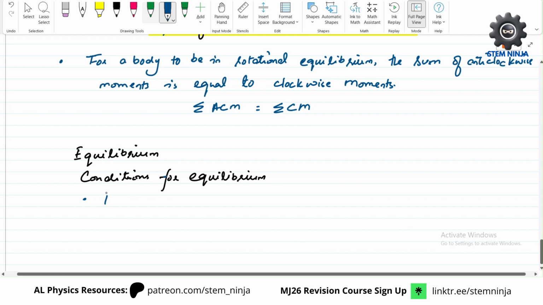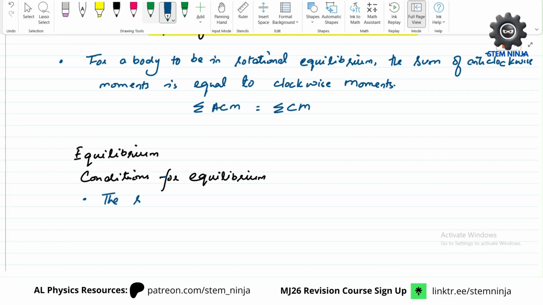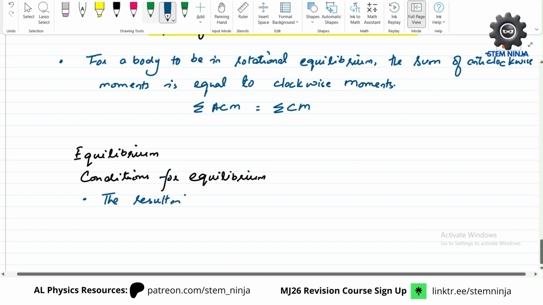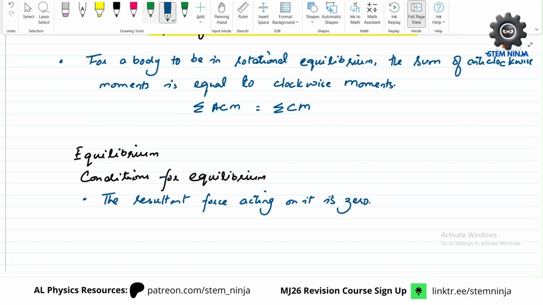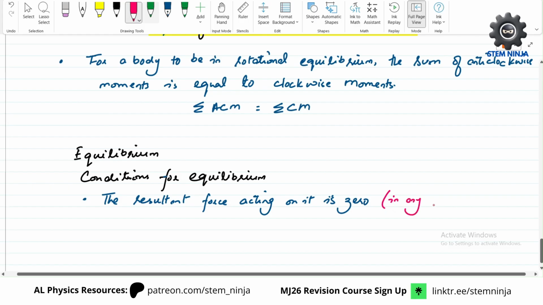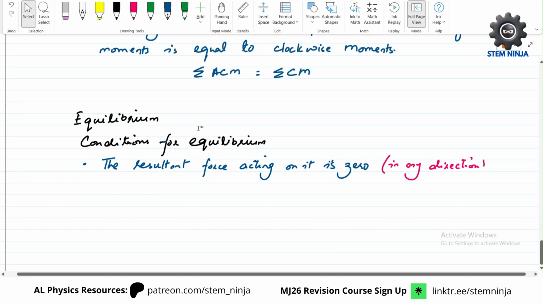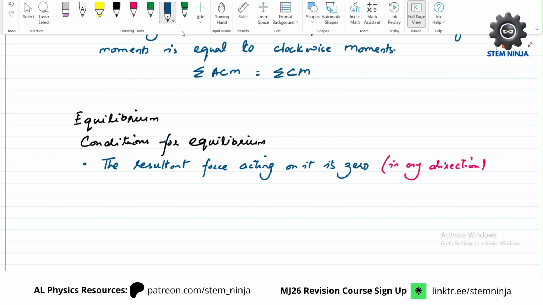That for an object to be in equilibrium, the resultant force acting on it should be zero, in any direction, basically in any direction. Although the resultant force covers it already, but just to show that the sum of forces in any direction is zero, and